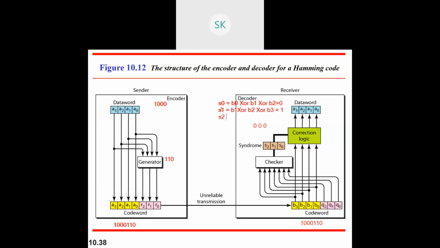Similarly, S2, whatever is that. Okay, you need to include this Q0 also. Sorry, that's where I went wrong. So it needs to be included. See, this is somewhere I went wrong. So your Q0, Q1 also will be taken into consideration. You should not leave that. So S0 will be computed based on your